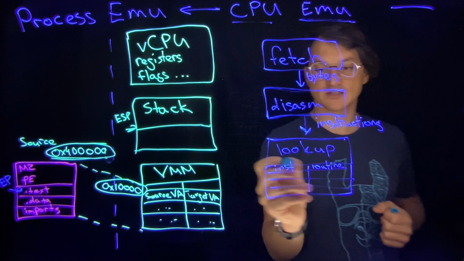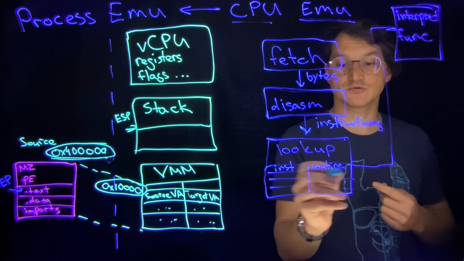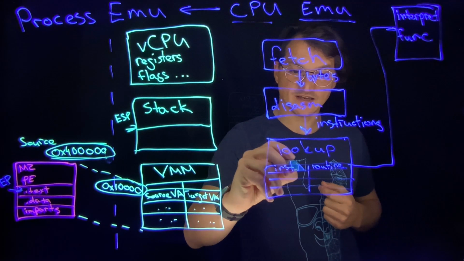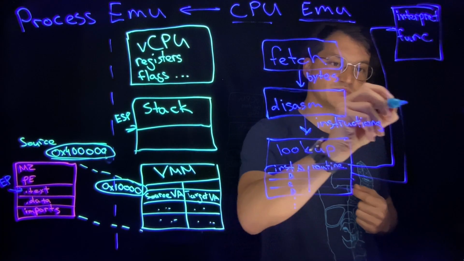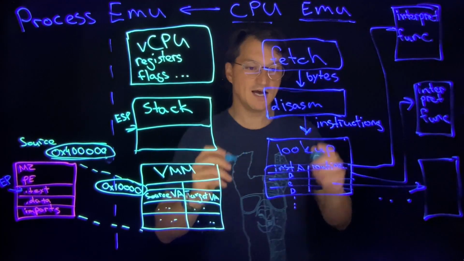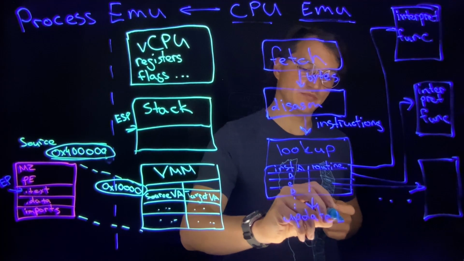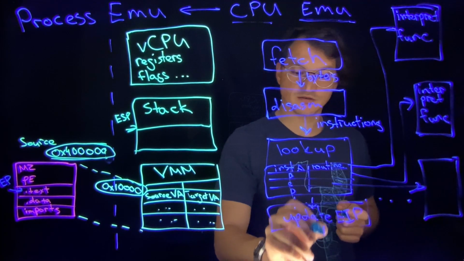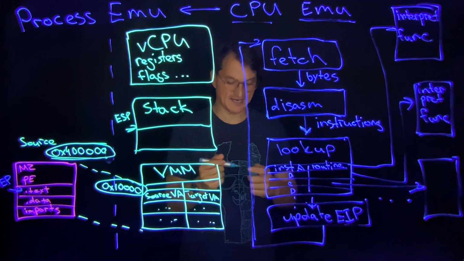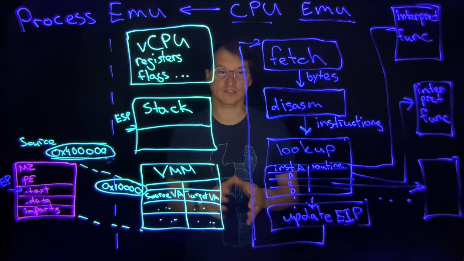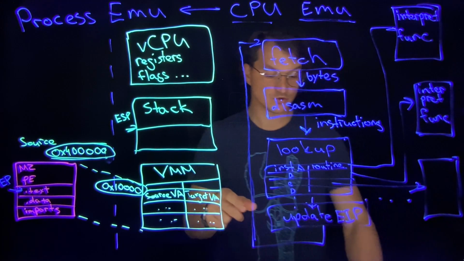When the instruction type is detected, it will call a specific interpretation function or interpretation routine. So for each instruction, that's A, B, C, D, and so on, you would have different interpretation routines. After interpretation is done, it would update EIP, the pointer to the current instruction, and the loop will start all over again. That's a very simplified explanation of how emulation works. So what happens again: we fetch bytes, disassemble them, look up the routine, and when the routine is executed,